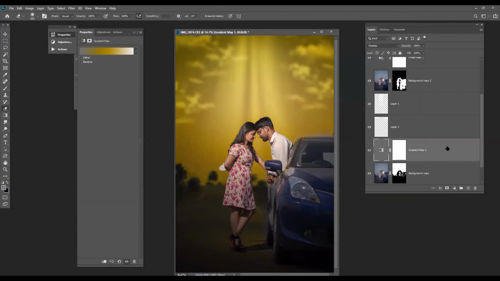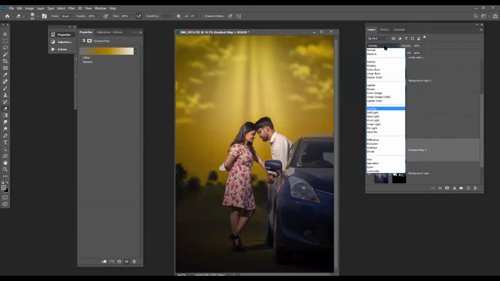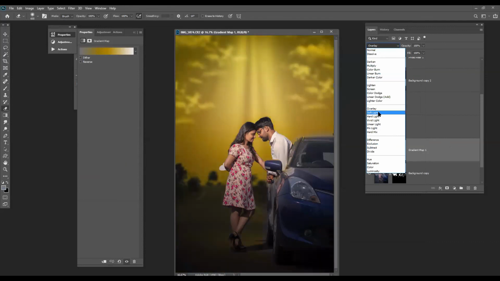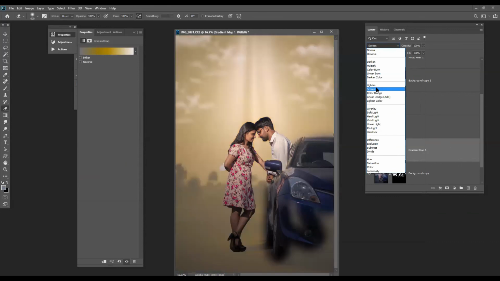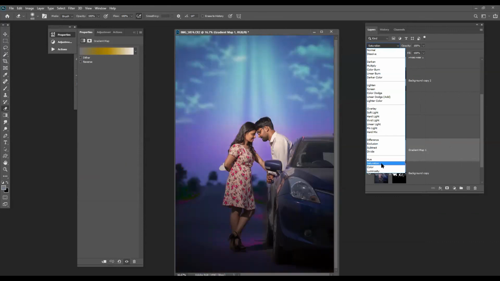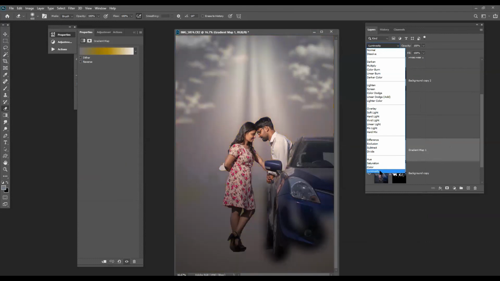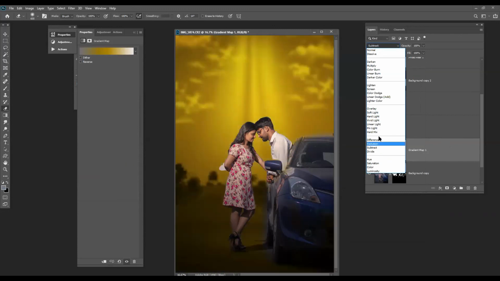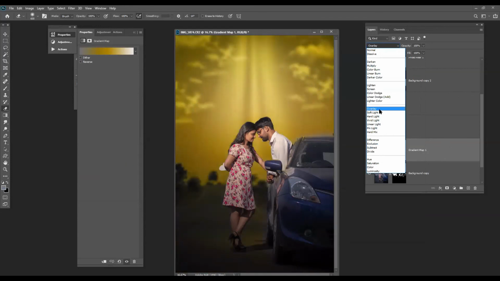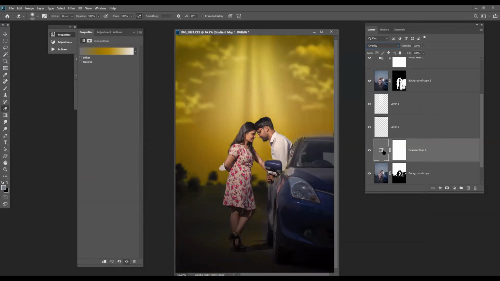Now we can easily play with the blending options. If you want a darker tone, go to multiply, you will have it darker. It will give proper, much softer light. Screen will give you a brighter image. Saturation will give you a dual tone according to the colors. Luminosity will remove the color and make it a mist of grays. This is how we can play with the blending options. I think overlay and soft light are among the best to work with for such kind of image.